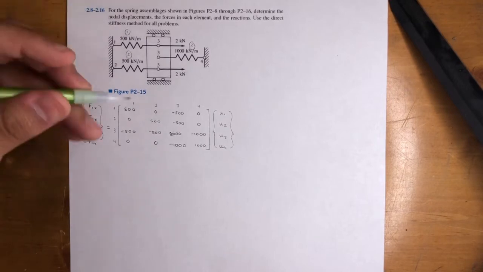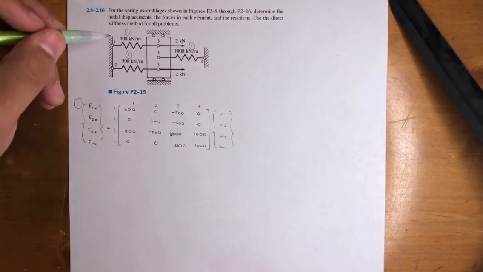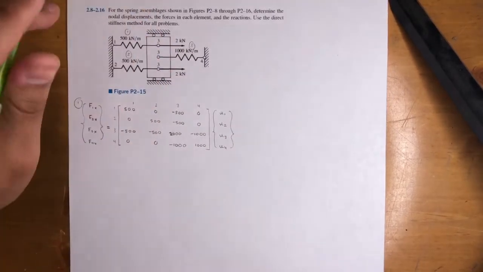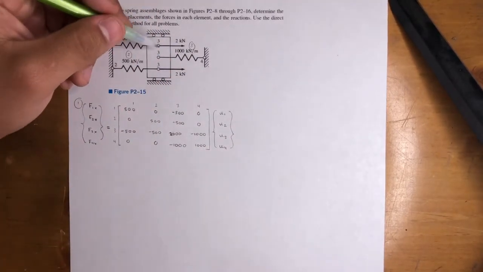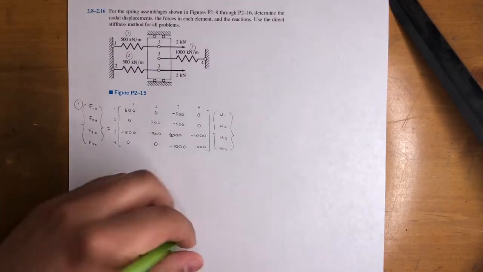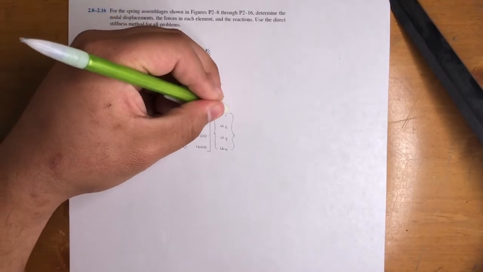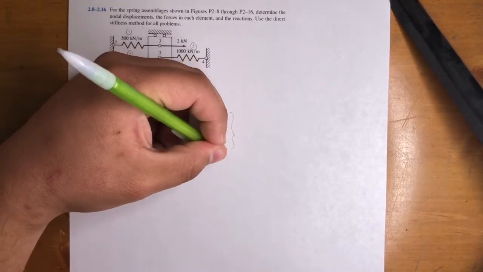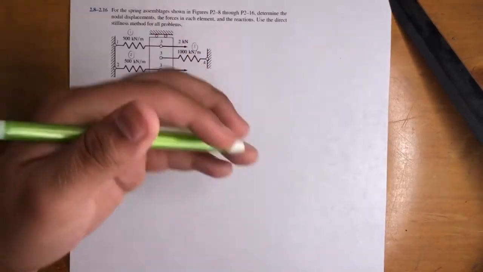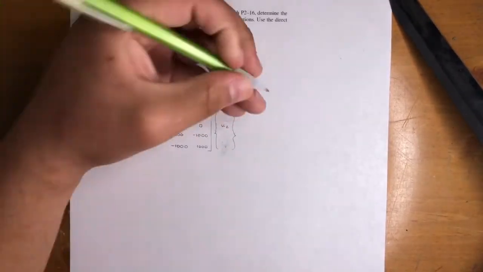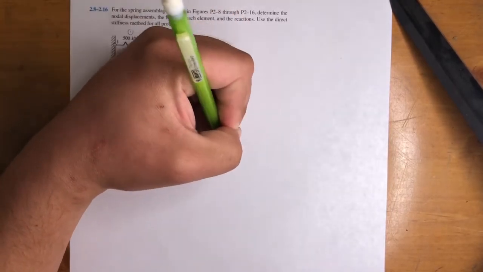So check it out. Let's do the boundary conditions at the nodes. 1, 2, and 4 will not move regardless of how much force you put at node 3. They're fixed, so they're always gonna be 0. Well, assuming the system doesn't break. But let's go ahead and, man, the eraser. There we go. 0, 0, 0,